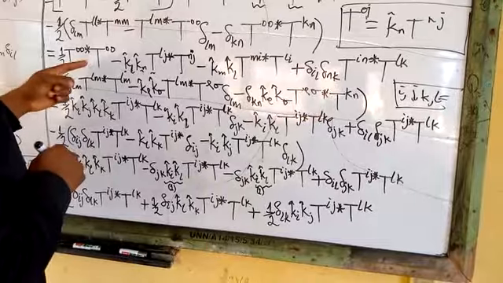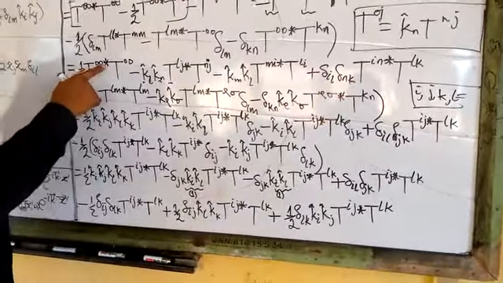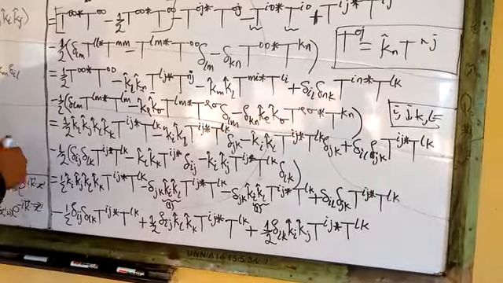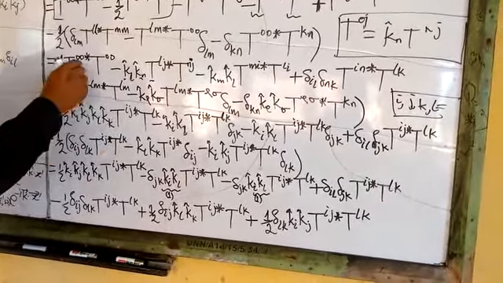Now the next step, of course, you can see I have T naught naught conjugate and T naught naught here also. So the conjugate wouldn't change anything, except of course for the fact that